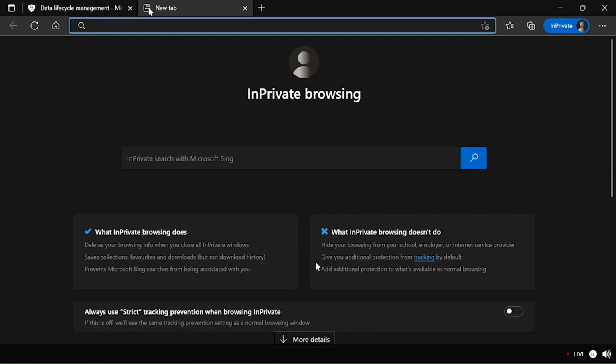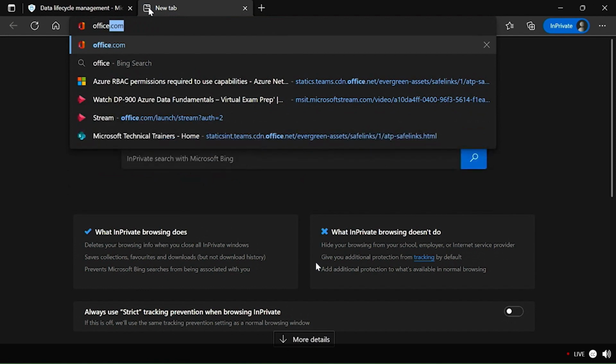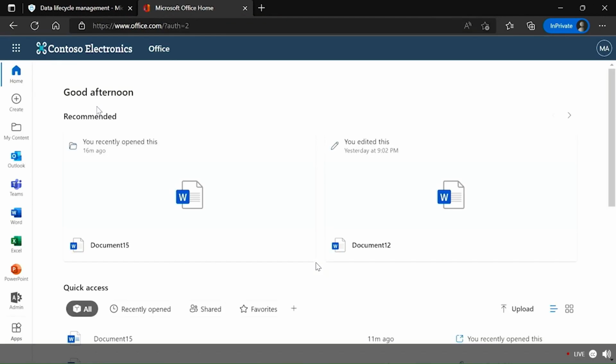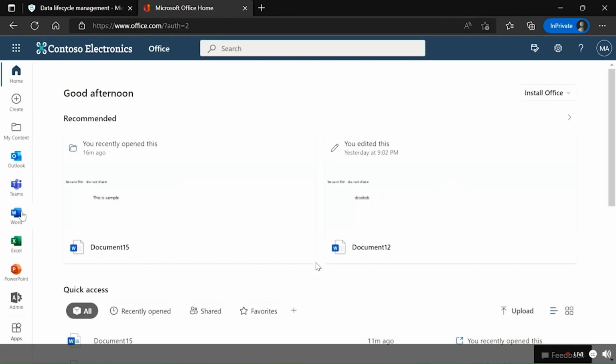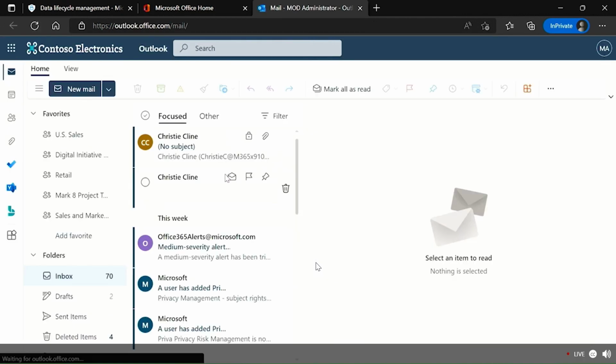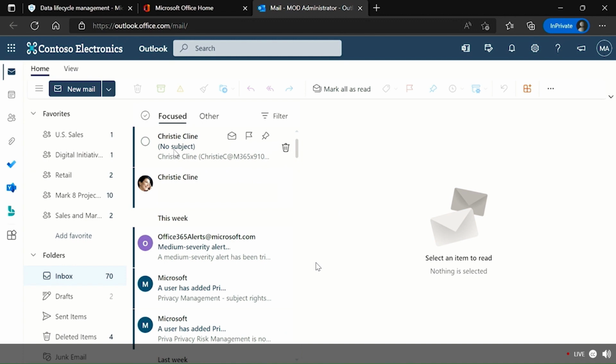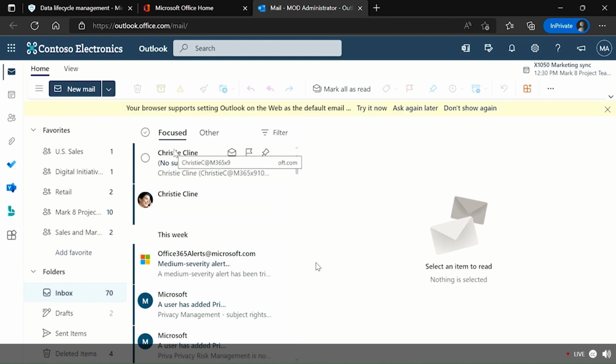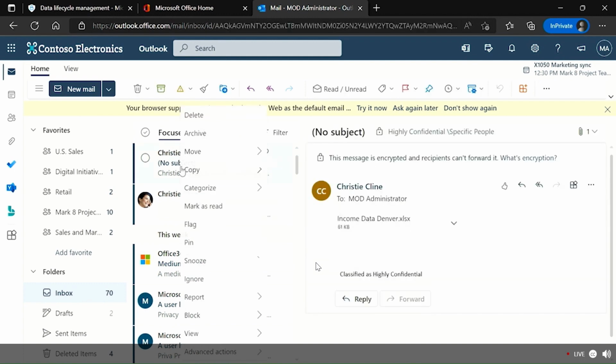Now, we can have a look at this when we go into any one of these options. So let's go back into my Office one more time. This time we'll go into Exchange, or go into Outlook, to look at one of the emails. Now, for instance, I've seen an email that I think requires retention because it had a particular data type that needs storing for a period of time. I could choose to go into Advanced